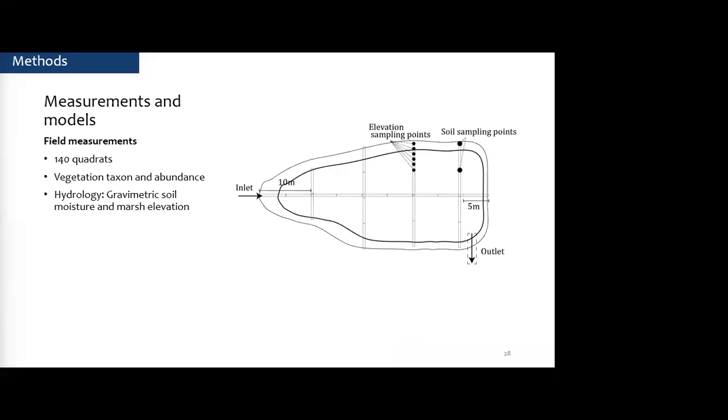The measurements that I took were similar to my previous study. So I used these transects from the inlet to the outlet, and then every 10 meters I gathered the abundance and plant species composition. And then I took measures of hydrology. I took soil moisture measurements at each end of two of the quadrats. And then we took these measurements twice during the growing season, once in July and once in October. And then those 4 points were averaged to give us a soil moisture